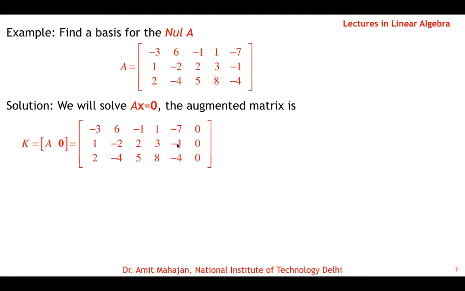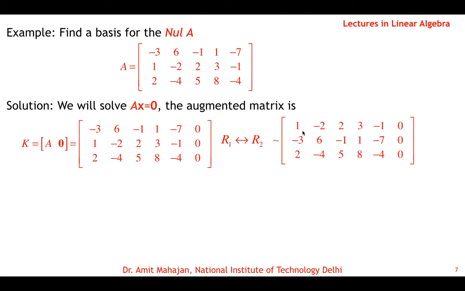So we can apply steps. This is the leading position, so you can use row operations, or you can interchange the first and second row to make this element 1, which will be required for reduced equivalent form, and then apply operations. So let us interchange row 2 and row 1, so row 1 becomes row 2 and row 2 becomes row 1.